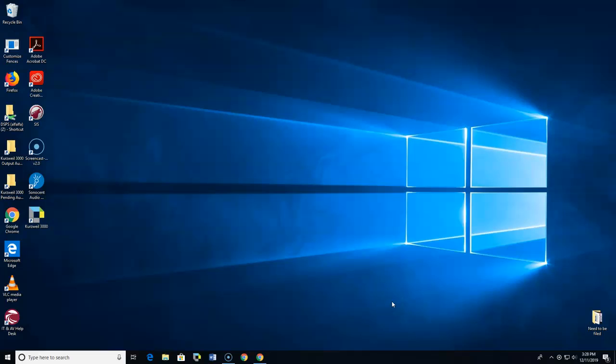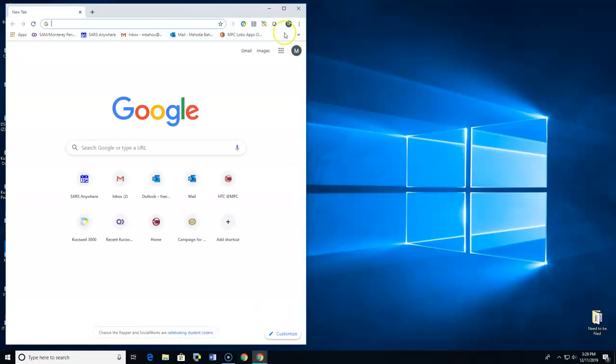This is lesson 1.5a for Kurzweil 3000, the web-based version, in which you will annotate a document. You will highlight, use sticky note, and text note. So the first thing we need to do is go to the Google Chrome icon, double-click on it to open